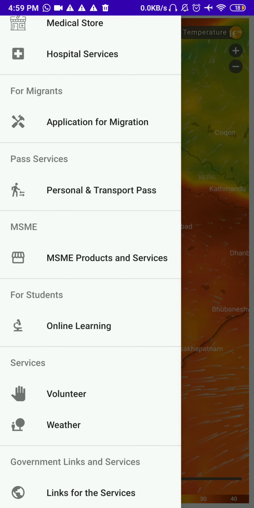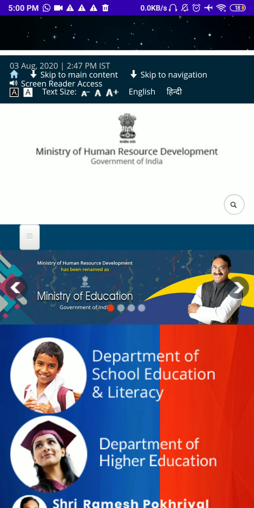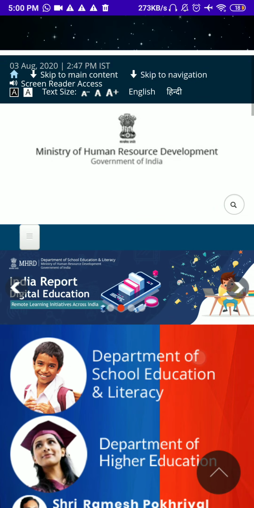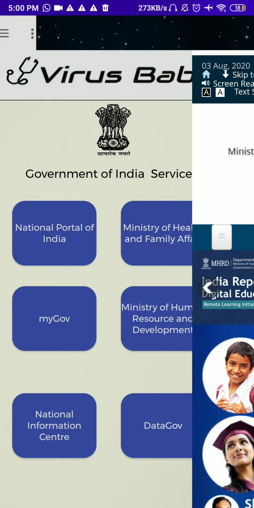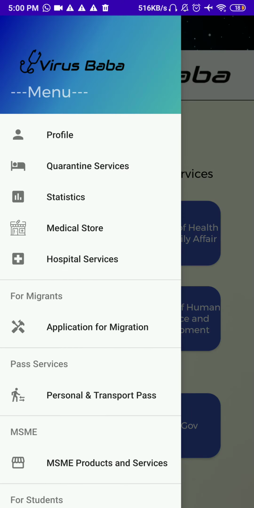Let's look at the links for services. So these are government links. So let's say you wish to browse a particular link, let's say Ministry of Human Resource Development, you can tap on it and it will open the website of the MHRD. Okay, let's go back. Now we will be going to the profile page,